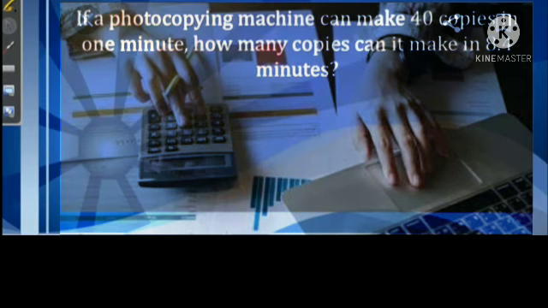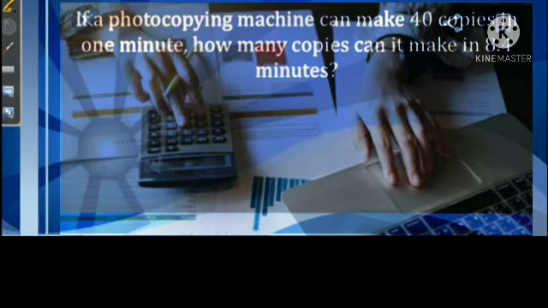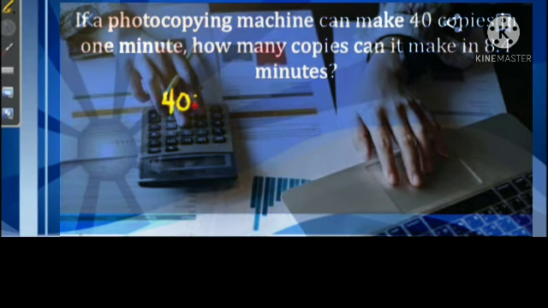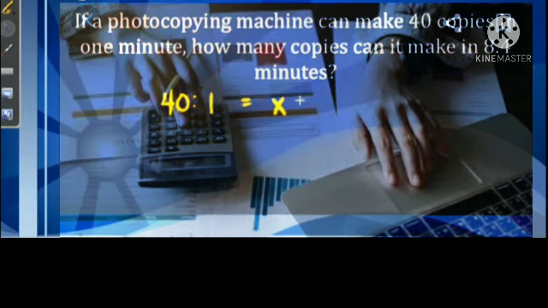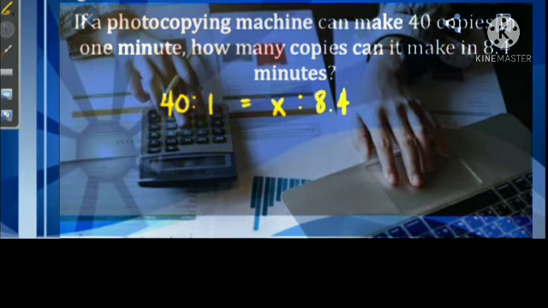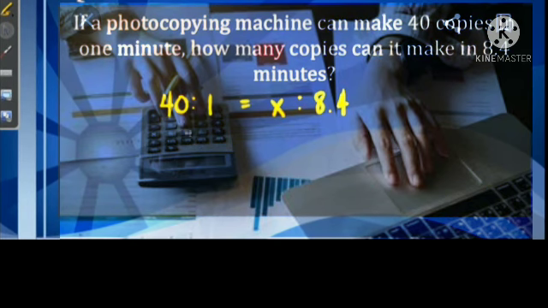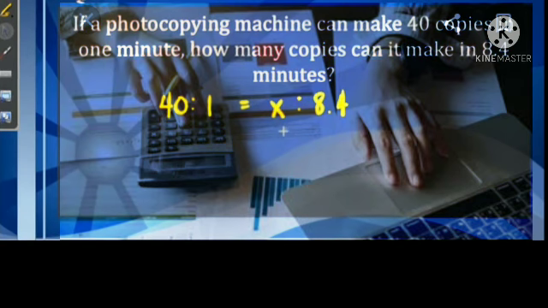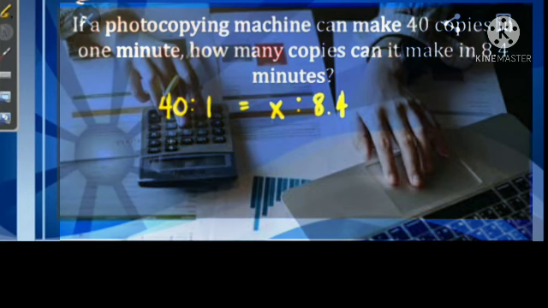If a photocopying machine can make 40 copies in 1 minute, how many copies can it make in 8.4 minutes? Here we have 40 copies is to 1 minute is equal to the number of copies, which is our x, is to 8.4 minutes. So our x is our missing term. Take note that in writing the ratios in a proportion, make sure that you follow the same order. Ibig sabihin, dapat parehas na copies to minute yung left and right side of our equation